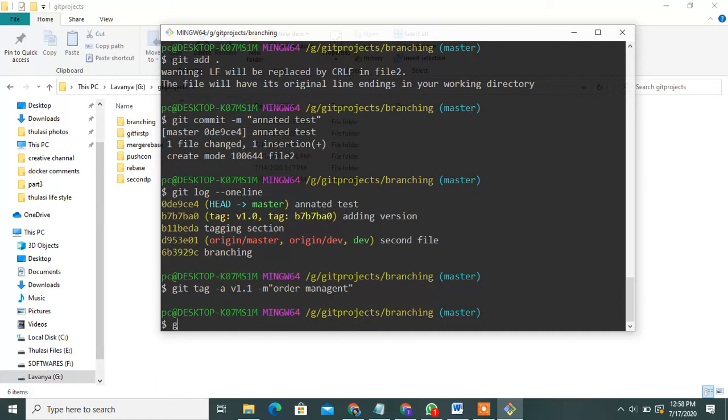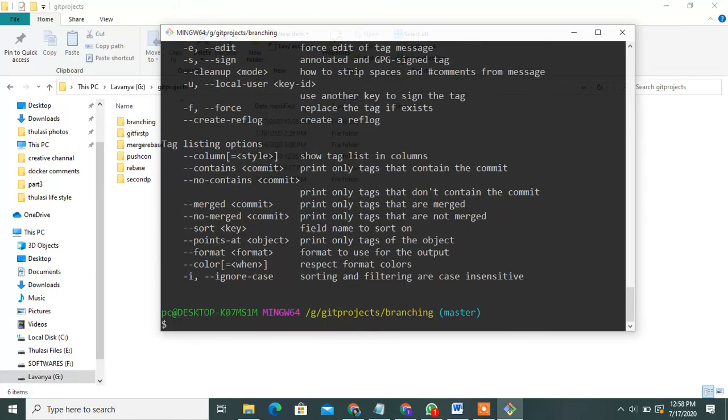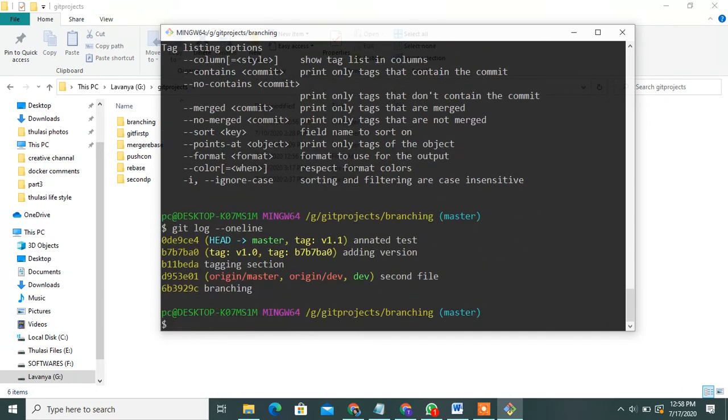Then check it, git log -1 line. See, this can add it in directly using this command. You can add the v1.1, you can add the message also, indirectly add this in latest commit.